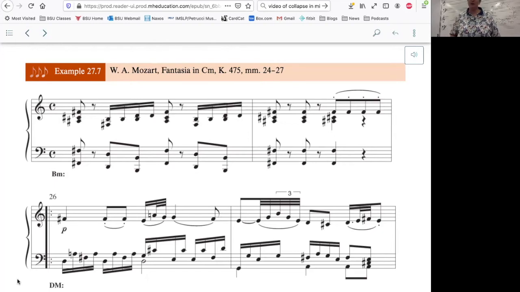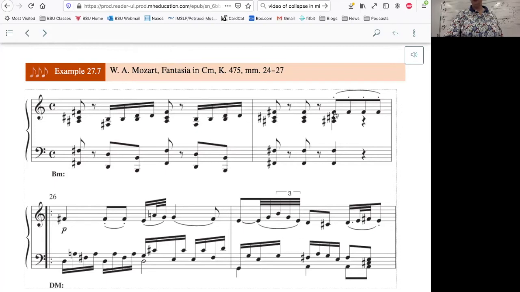So there are all sorts of ways that we could make the modulation between B minor and D major, notably with a pivot chord modulation. That wouldn't be too difficult. But what Mozart has done instead of using a pivot chord modulation is he's used a pivot note modulation or a common tone modulation. In this measure, measure 25, we have a dominant chord, an F sharp major chord,